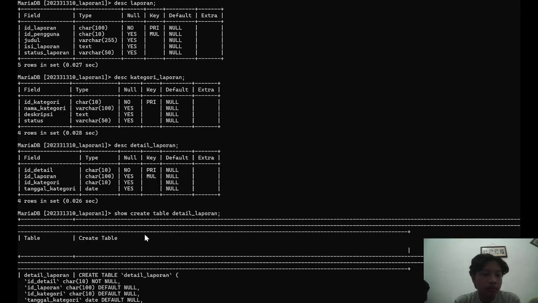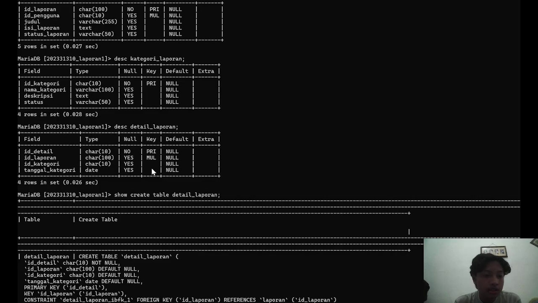In this detail laporan, you can see there is no MUL key, so that means we succeeded in removing the foreign key from the ID category from this detail laporan table.